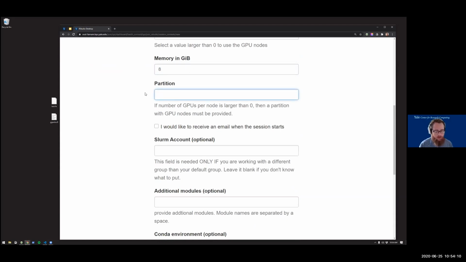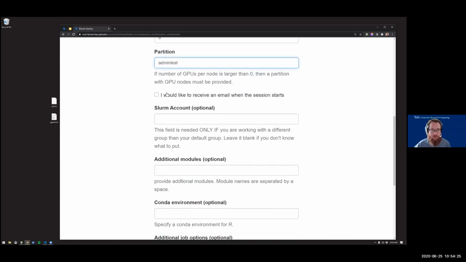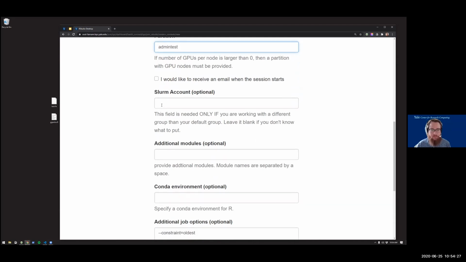So those of you who are trying to follow along, you might have to wait a minute, but you would type interactive here, and I'll show you a list of the available partitions in a minute. But for me, I'm going to go to a special place where I know that I'll be able to get resources quickly. If you know you're going to have to wait a while, you can check this box, and Slurm, the job scheduler, will send you an email when your session is started so that you can go and log in. So that's nice, but I'm going to leave that unchecked.